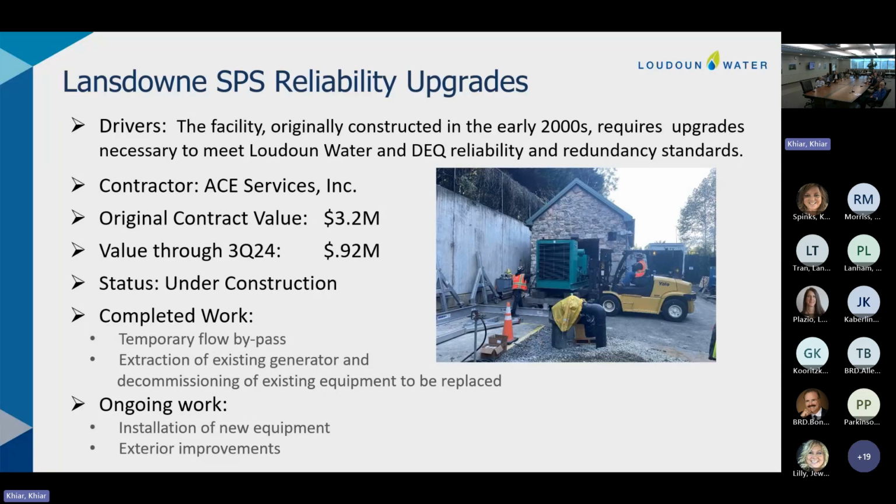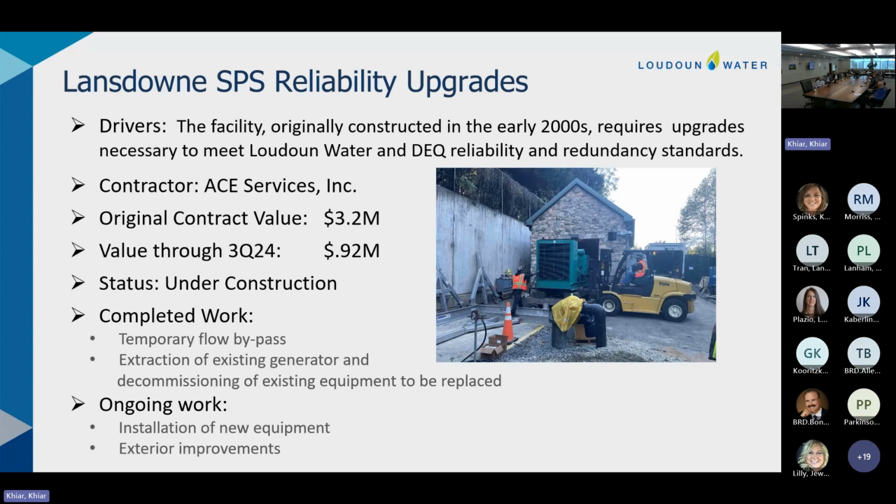That picture shows the existing generator coming out of the facility there. This one had a pretty lengthy procurement period before work could get started in full. Preceding the start of the work, we also have a bypass of the flows to the pump station so that we could undertake all these improvements. That's all underway now and proceeding nicely. No major issues to report at this time.